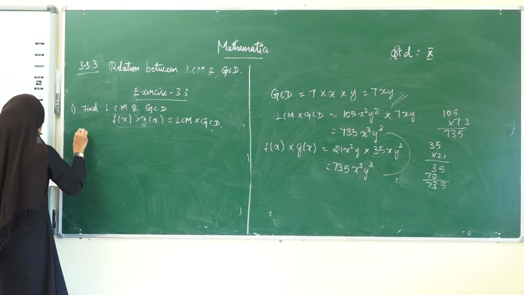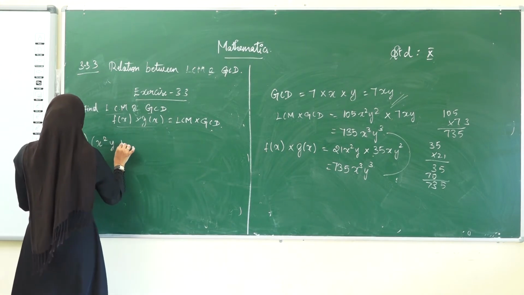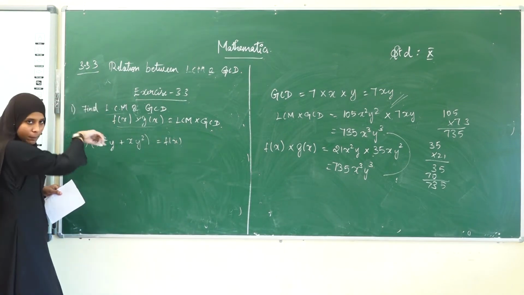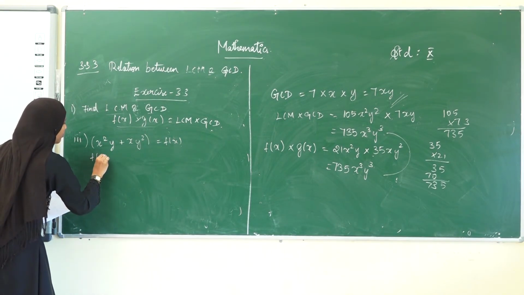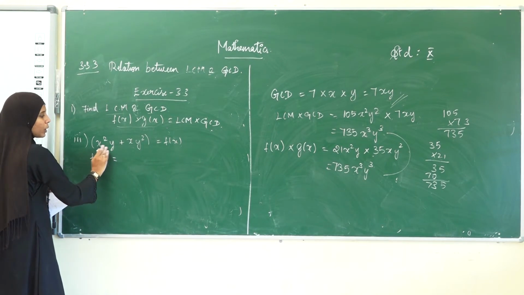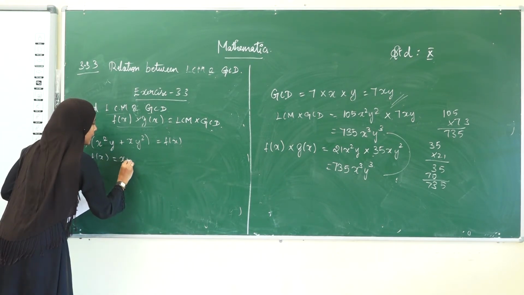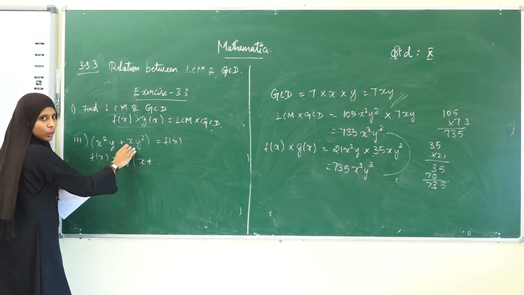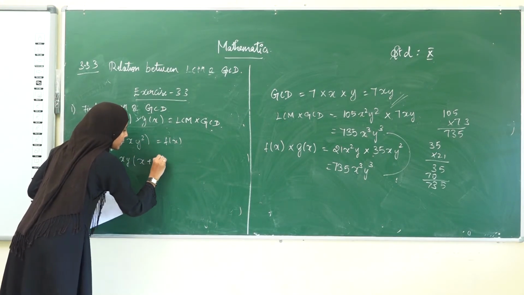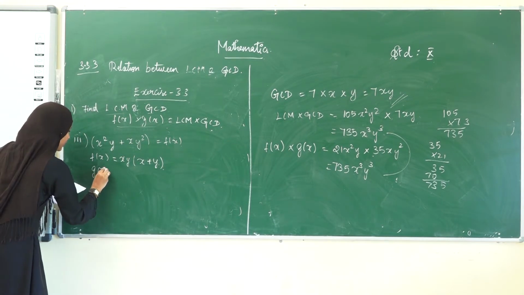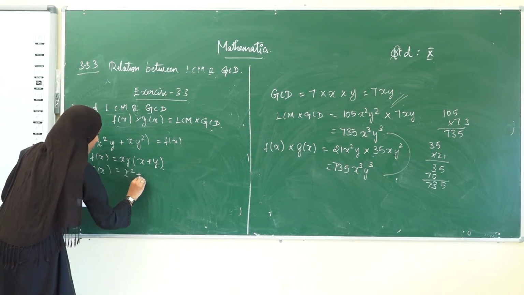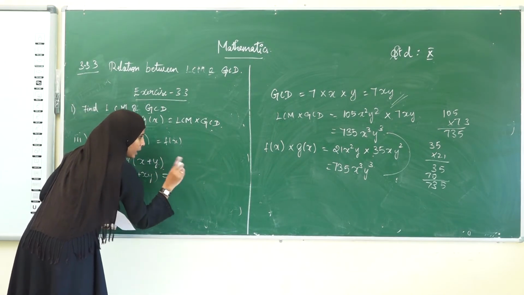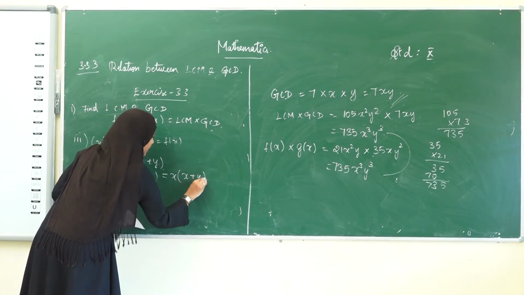What's the third subdivision here? X square y plus xy square. Let us take it as f of x, and they have given some g of x. Okay, now let us expand this. Therefore f of x is equal to, see here we have one x and one y as common, therefore we are taking xy out. When we take xy out in this term, we get only x as remainder, and when we take xy out in this term, we get only y as remainder. Okay, then what's the g of x term they have given? That is x square plus xy. Here x is common, we can take one x out, that is x plus y.